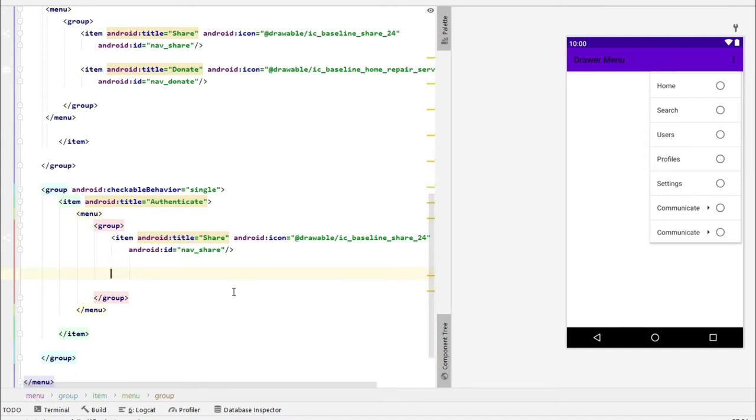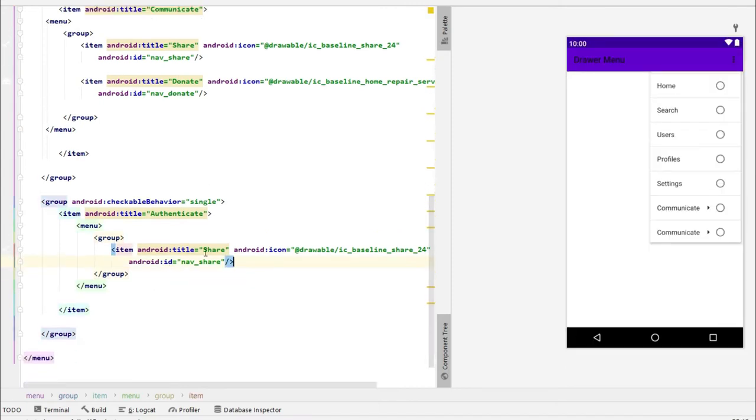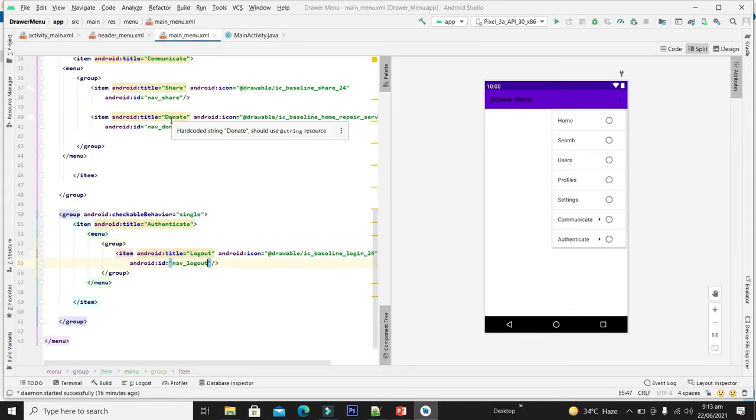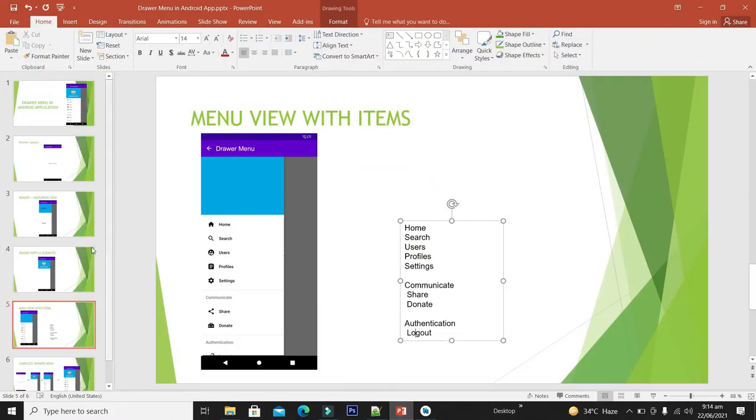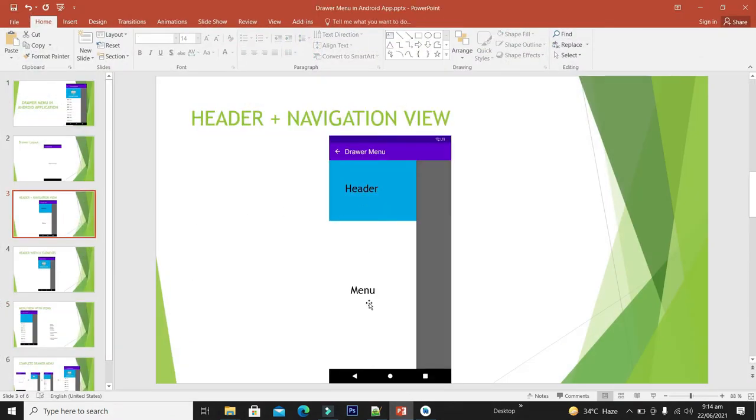And we have only 1 item here, and so okay guys, our menu design is completed. So we have successfully created the header and the menu.